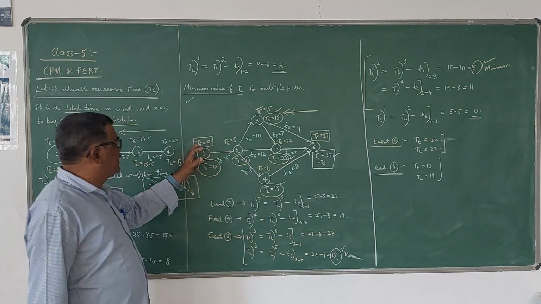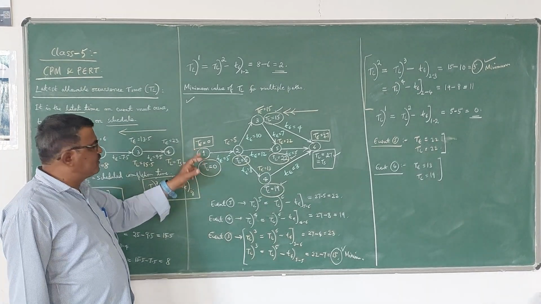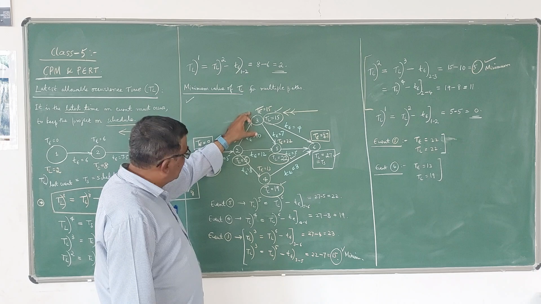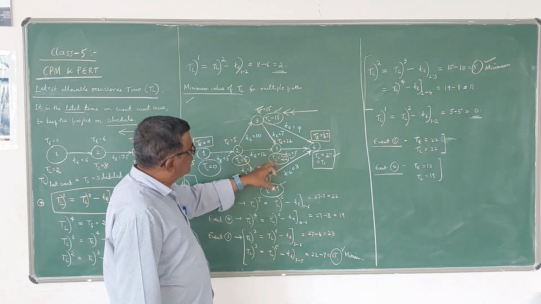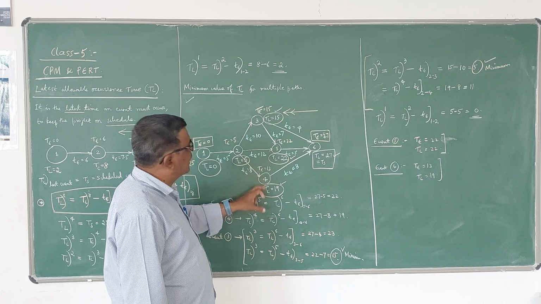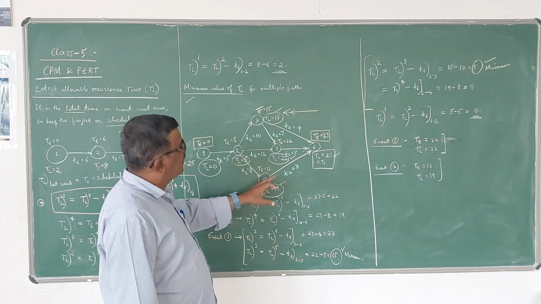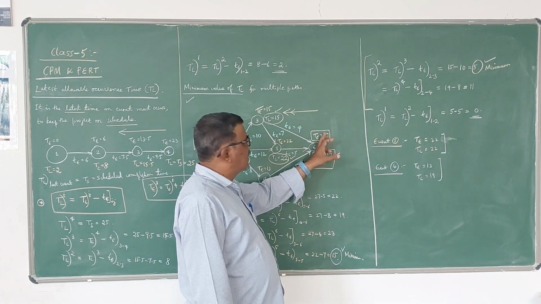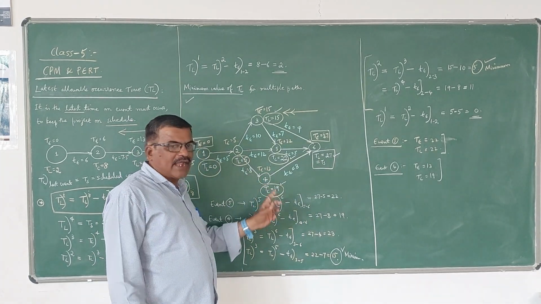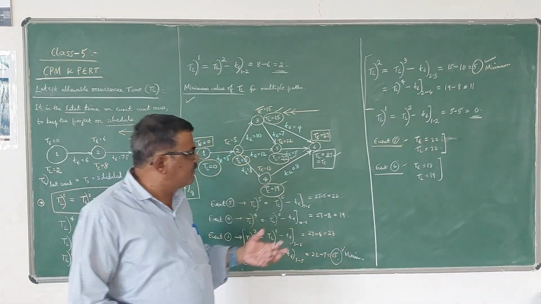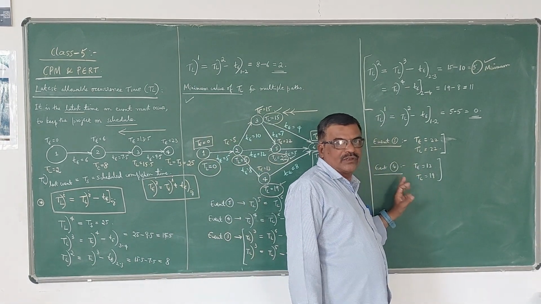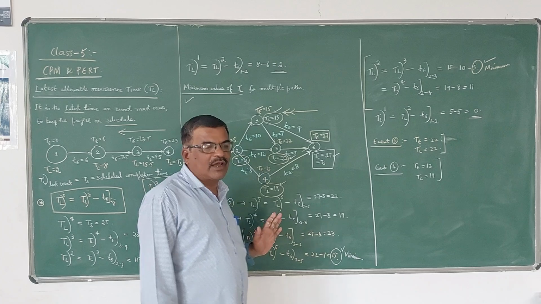Of course, the starting time is the same. TE and TL for the first event are the same. For the second also it is the same. For the third also it is the same. For the fifth also you are getting the same. But for 4 you are getting different. And of course for the sixth also you are getting the same. So only in one event can that event be completed within these two timings, earliest and latest. So this is how we can compute TL value for a given